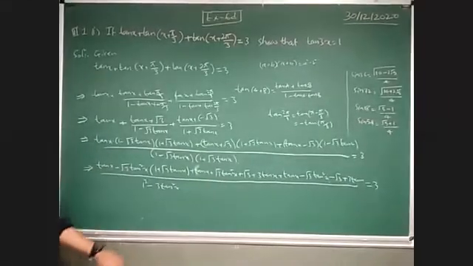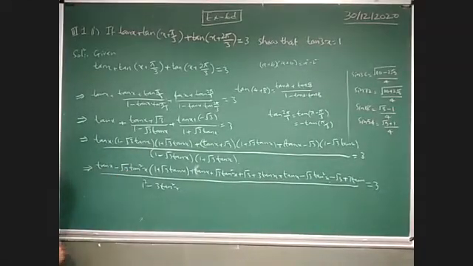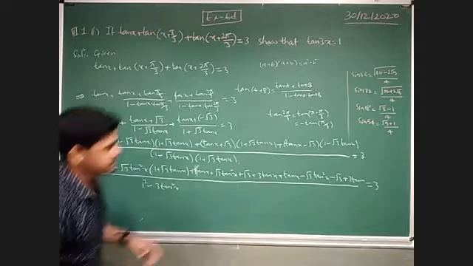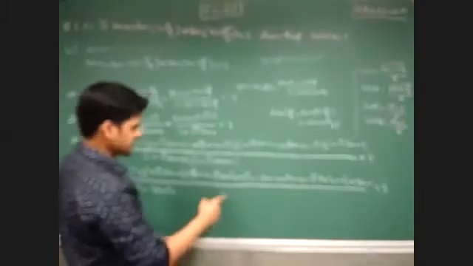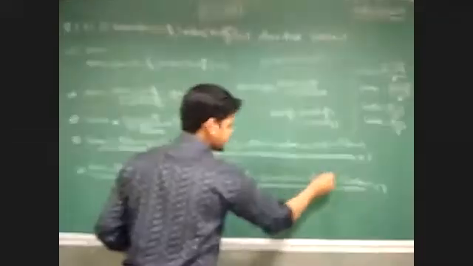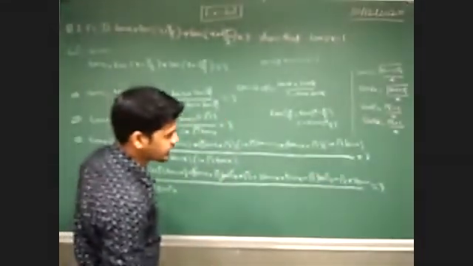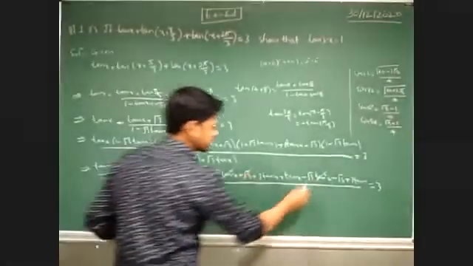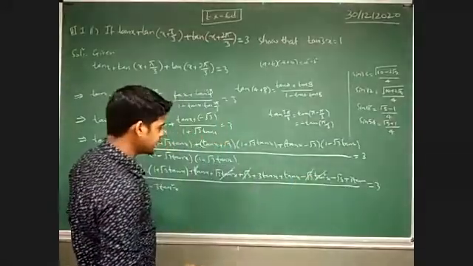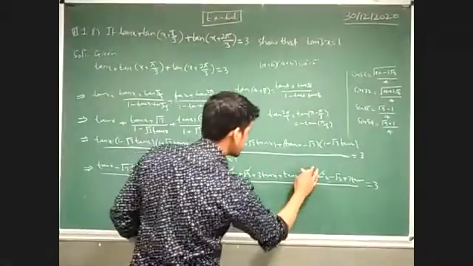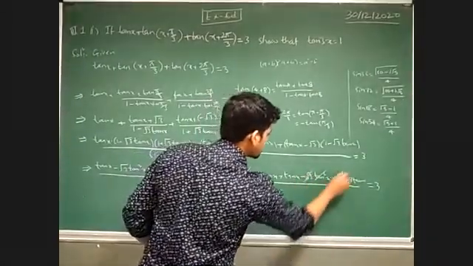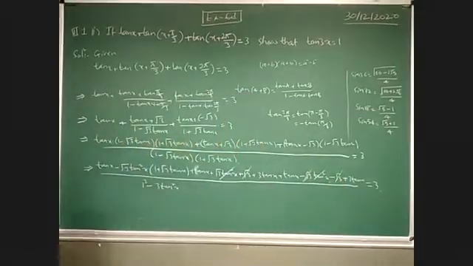Okay, now here you have to multiply again. So just see here, this is minus root 3 tan square x, here plus, this will get cancelled, and this is root 3, minus root 3 will get cancelled. Okay, so here you will have